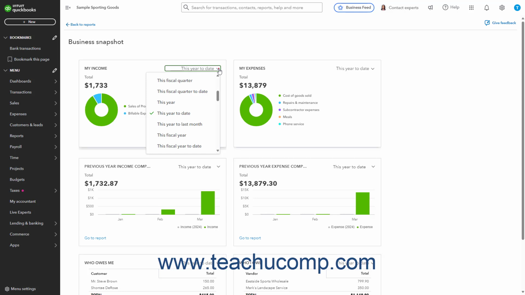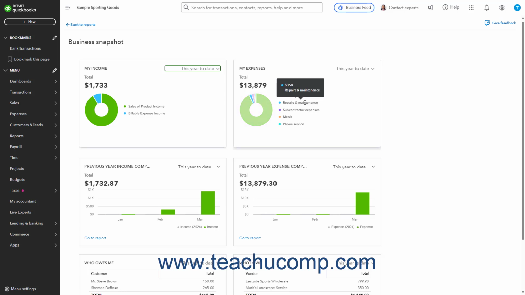upper right corner. To show the amount for any account category in either the My Income or My Expenses graph, hover over the desired account or its section in the graph to show a screen tip that shows the amount. To show the amount for any bar in the previous year income comparison graph or previous year expense comparison graph,